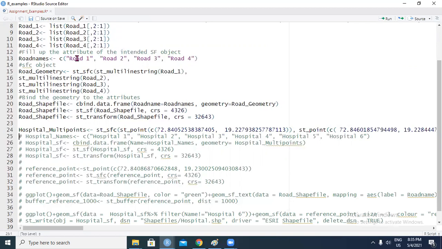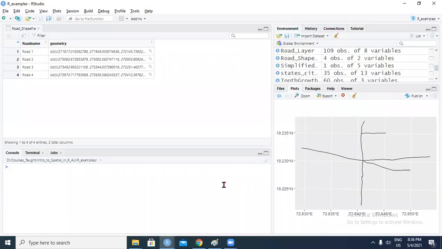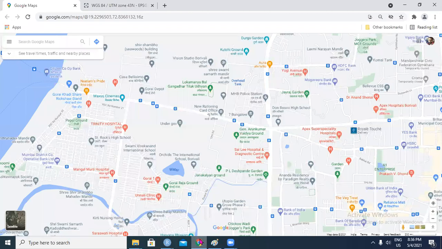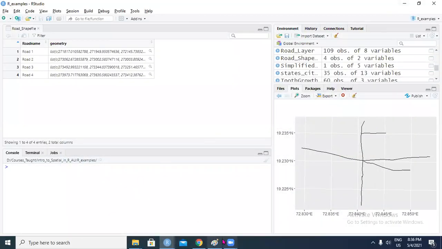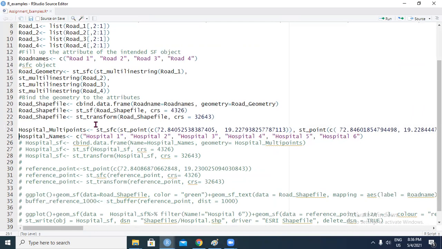The attribute information is right here. I have identified 6 hospitals in my vicinity, and I have just called them by some random names.